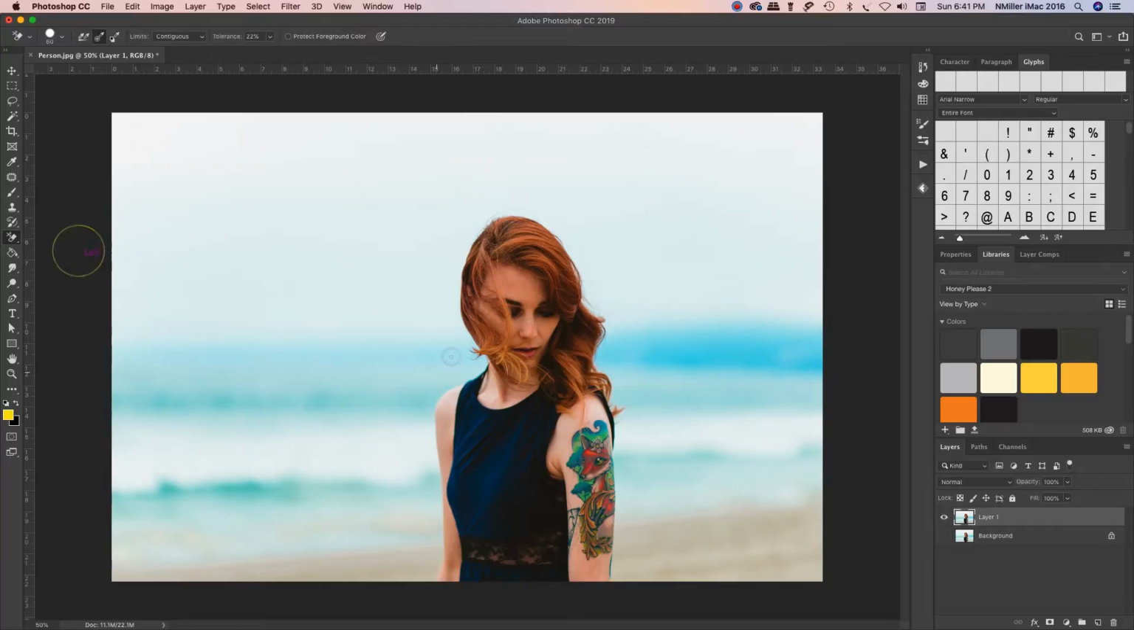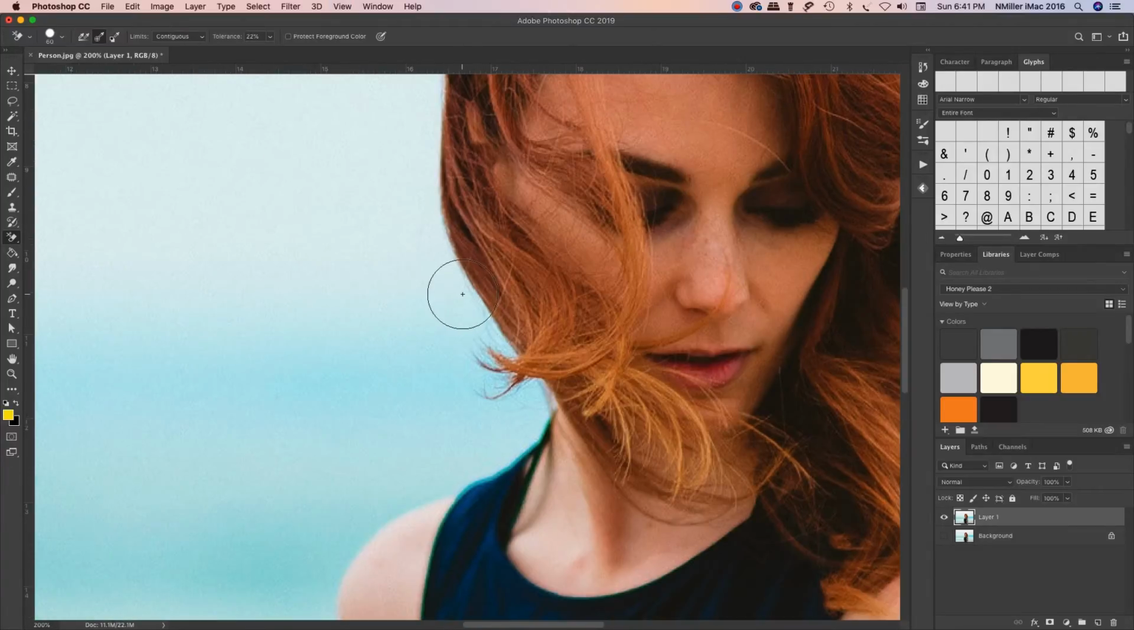This is a nice tool if you want to go around somebody's hair and they've got a lot of little flyaways. With this, I can left click. I have this set to this middle one right here, and I have it set to contiguous, meaning the pixels that are touching each other are the ones that are going to be affected. So I'm going to zoom in on this girl's hair. I'm going to left click once, and it basically samples this area,